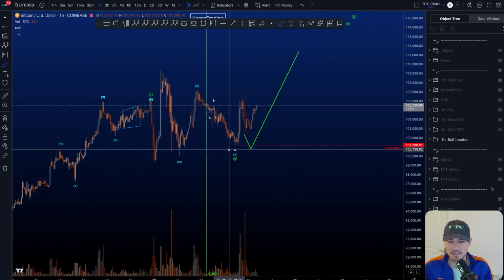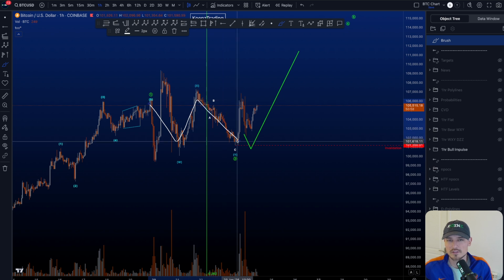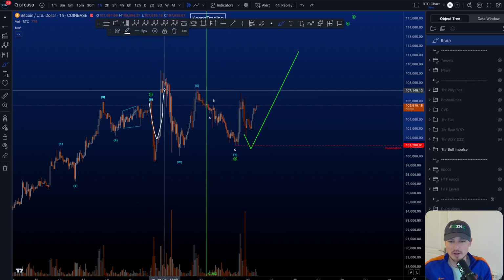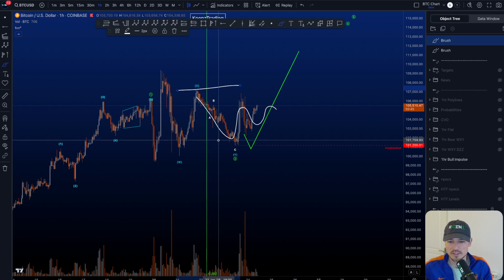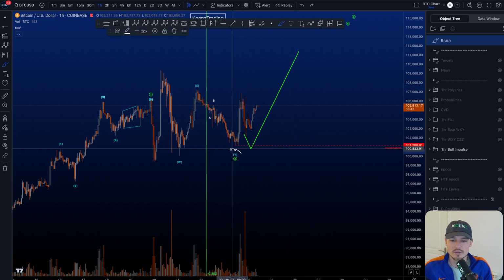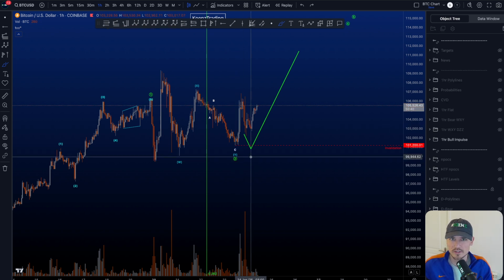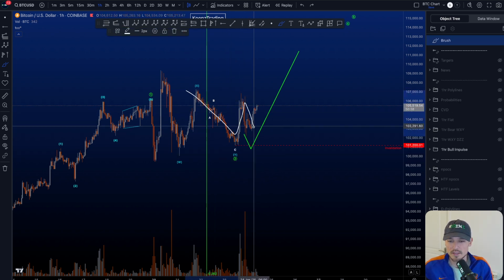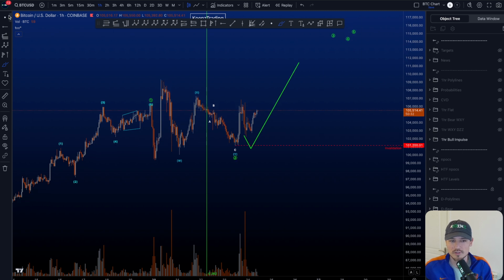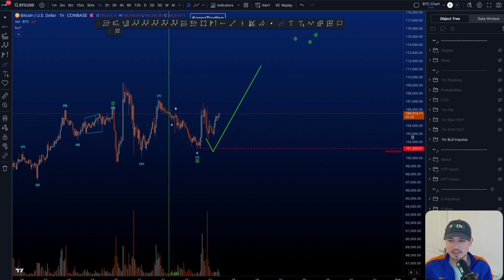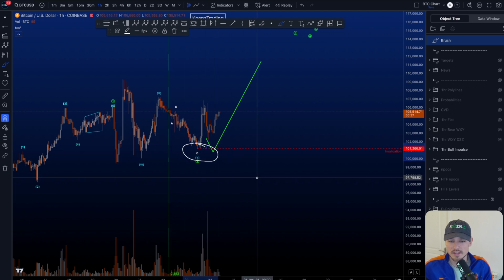In this particular case, your wave 2 here is labeled as a sideways WXY complex structure. Wave W is a running flat, wave X a double zigzag, and wave Y a zigzag. Now if price would continue ranging here in between the boundaries of the high and the low, then alternatively this wave Y can turn into a triangle A, B, C, D, E, and only then do you move towards the upside in your wave 3. The invalidation for this scenario is price taking out the low here at